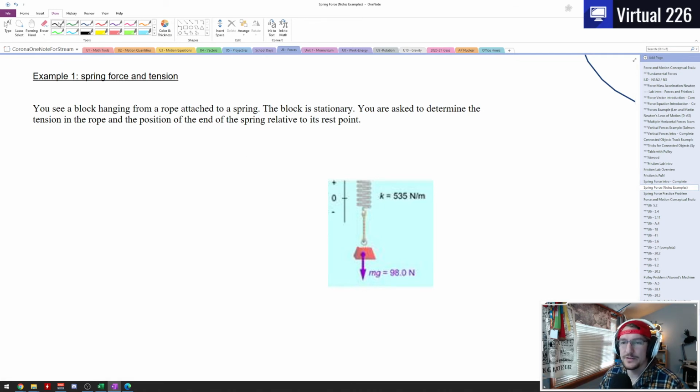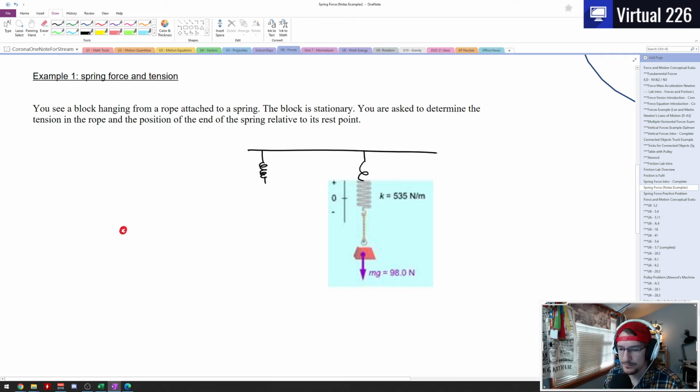So we've got a picture here. If we imagine it, we have some ceiling up here, and there was once a spring tightly bound, but then when a block got attached to it, it stretched out a little bit, okay? And if we were to draw the free body diagram on this, what we'd have is a block,